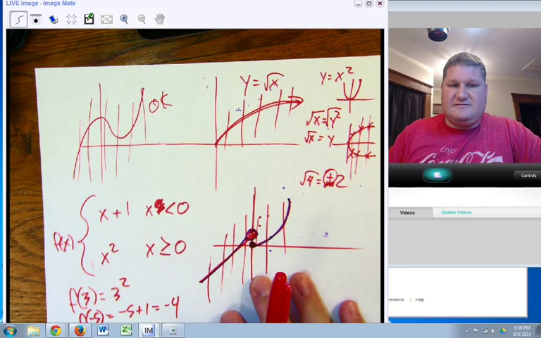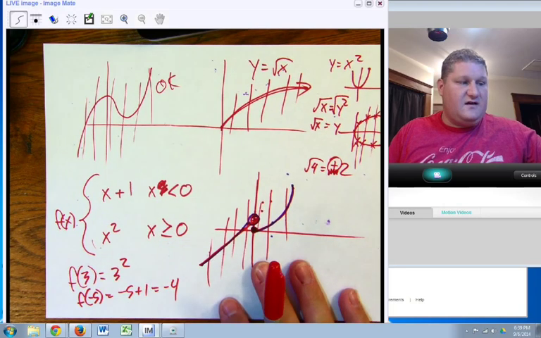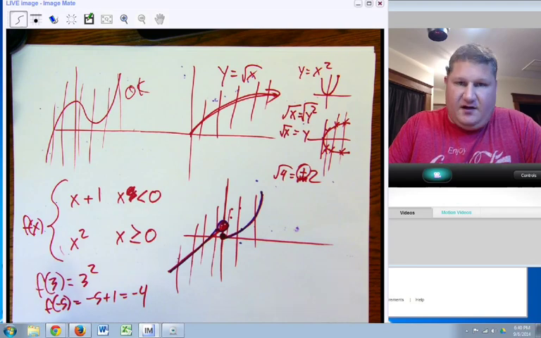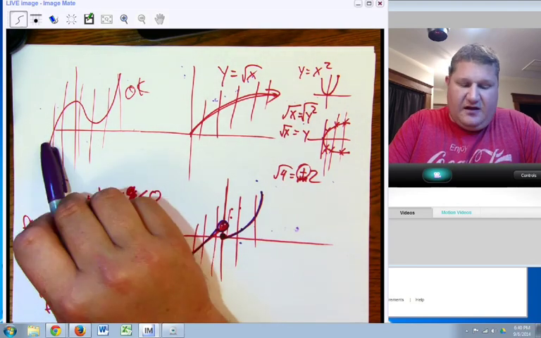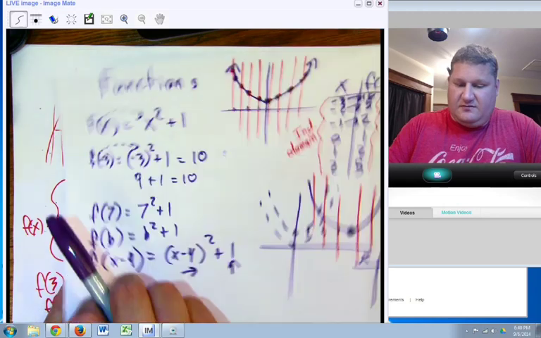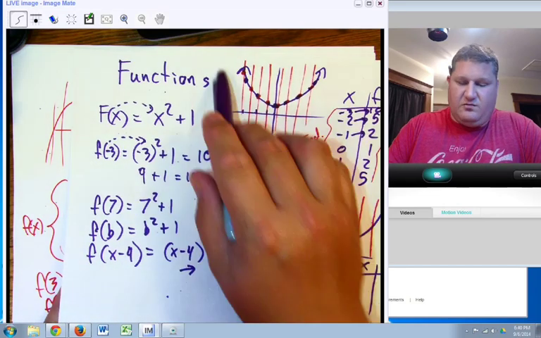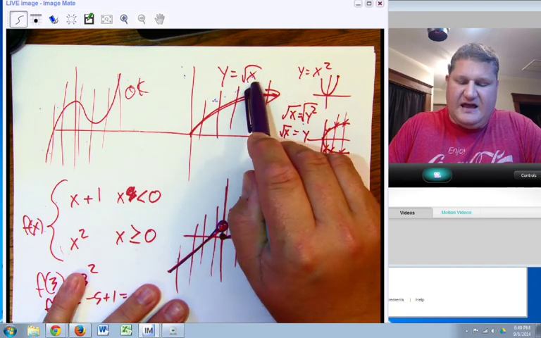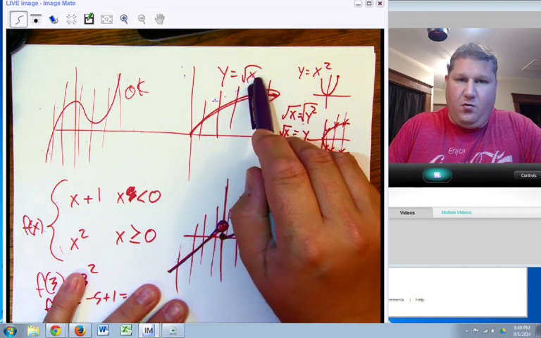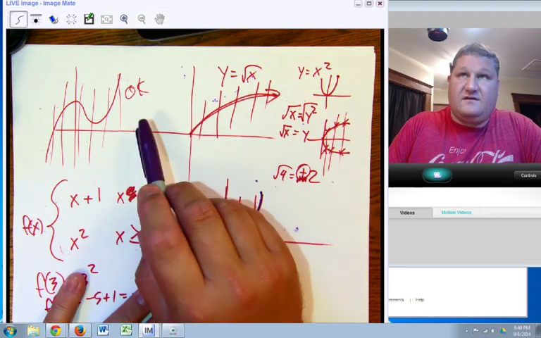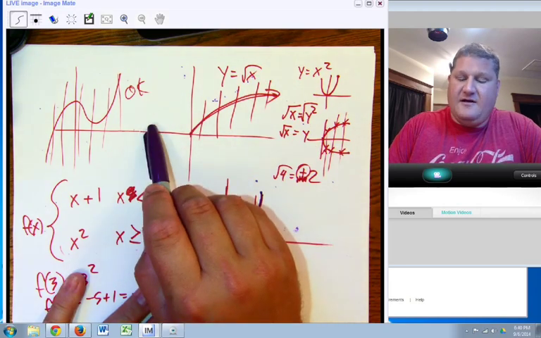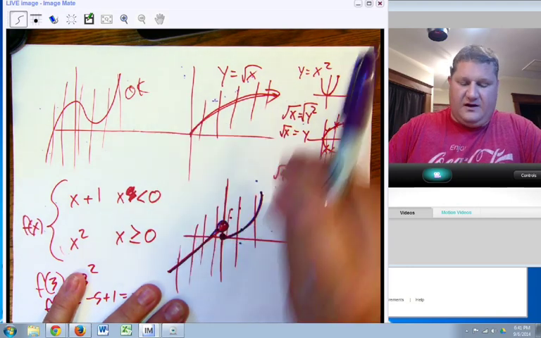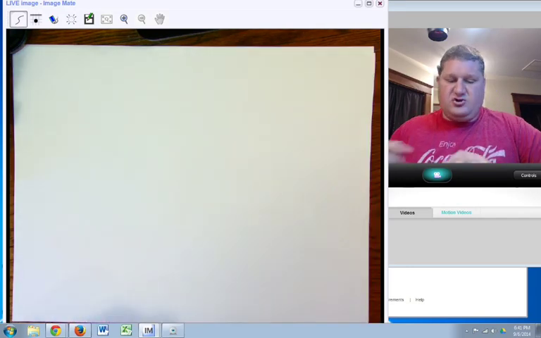The last bit of piecewise domain is as follows. We already discussed that the domain is all the possible x values. Well, that's okay for something like this. It's okay for something like this. We have any x value we want. However, in this case, we cannot use an x value that's negative. If I attempt to put a negative 4 in here, that's going to make this graph way back here. That isn't a real value. There is no graph over the top of negative 4. That also happens